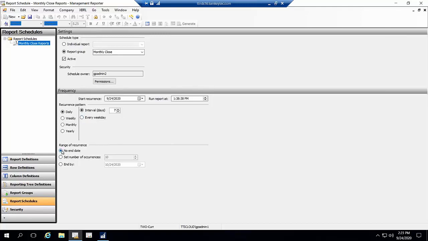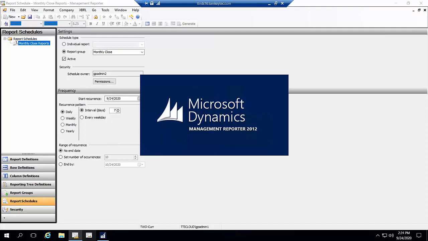I just had picked no end date. So whatever you guys want to do, maybe it's just in a certain time period when you're doing your monthly close that you want this to run because it takes a long time. That's fine. So once we have all this set up, you just save these. And again, I've just picked a couple reports. And what I've done is your report viewer, once you do it for the middle of the night, it runs, you come back, you open your report viewer,